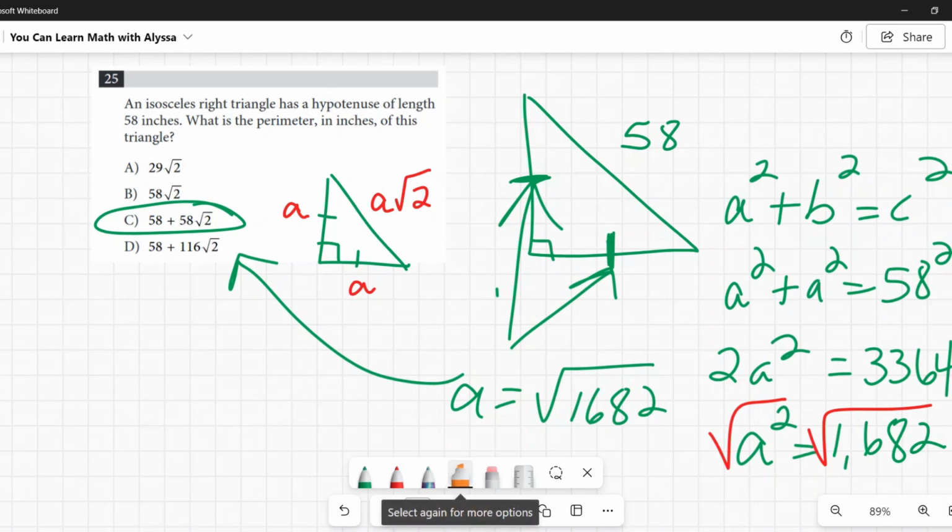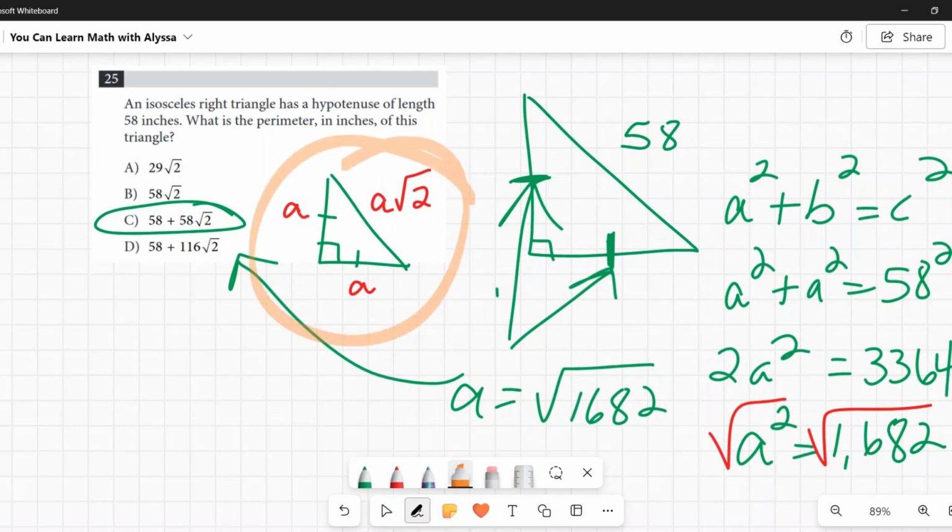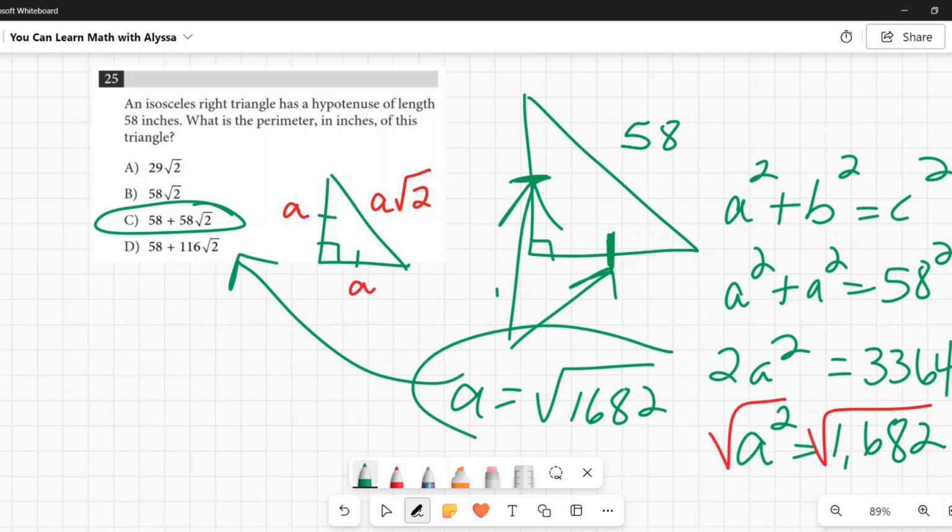Honestly, this is the reason why we memorize these formulas, because even though you may not like dividing by radicals, that would be easier than trying to figure out how to simplify the square root of 1,682. If you have a calculator that will simplify that for you, hey, there you go. If you have a permitted calculator that will do that, that's great. But otherwise, if you're having to do this the more manual way, then that's a booger to try